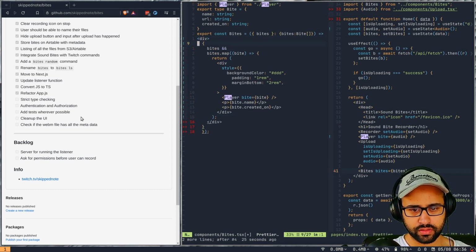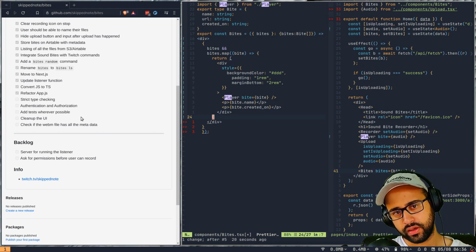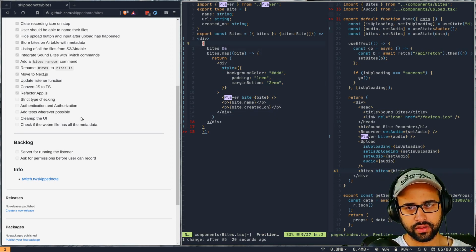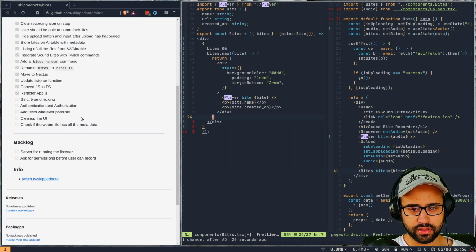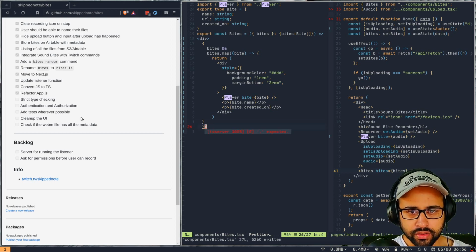So if we are doing a div, and then we have bytes and mapping over those bytes and in turn returning this thing, it does look fine to me. So this is the return. Okay, the div probably should be below this. Yeah, still doesn't help. Oh, okay, should it be right here? No.